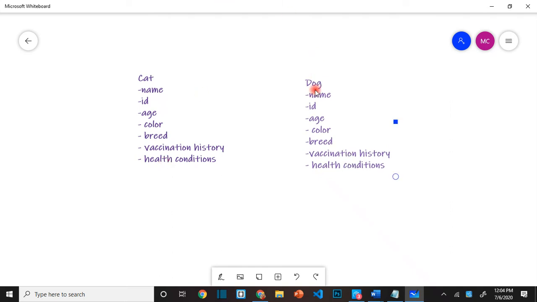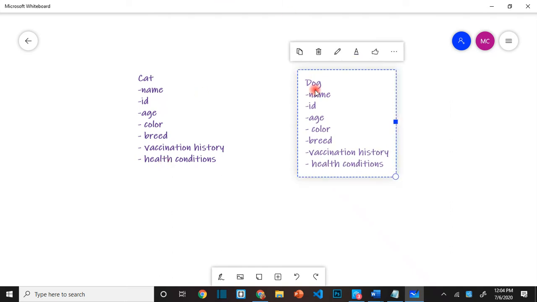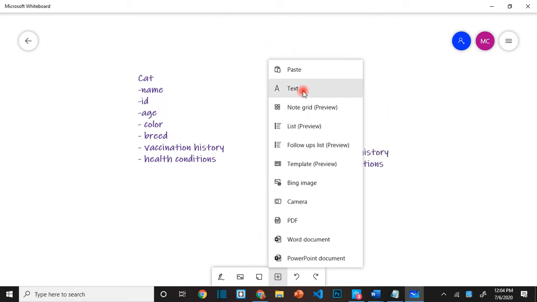Again, we can have 2 dogs, one is a pug, one is a beagle, right? Age, one is a puppy, one is a senior. So all kinds of things. So those are the features of the dog or cat, these that I have listed here. Other than this, in terms of characteristics,